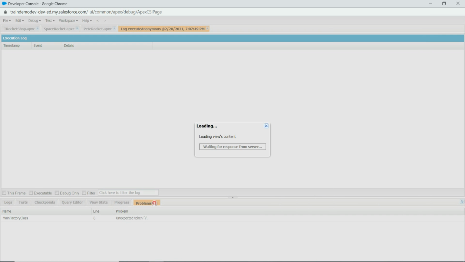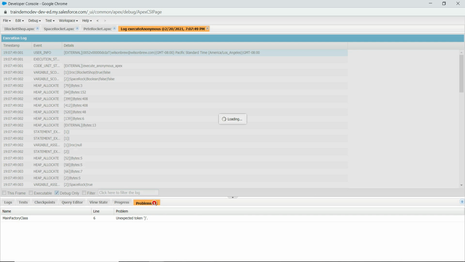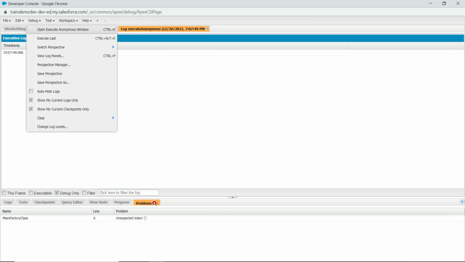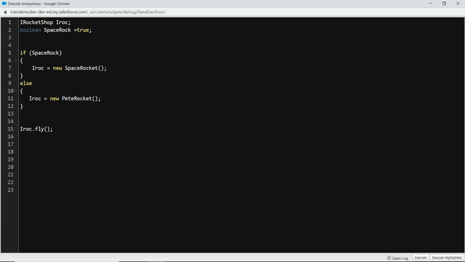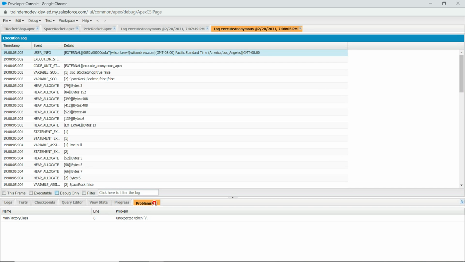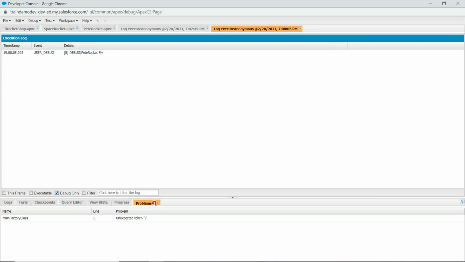And you will get the output, see? Now, let me go back and say, look, I'm not interested in this. I'm not interested in repeat. So let me execute this. And you can see rocket fly, okay? So what I'm doing here is I'm coding for abstraction,